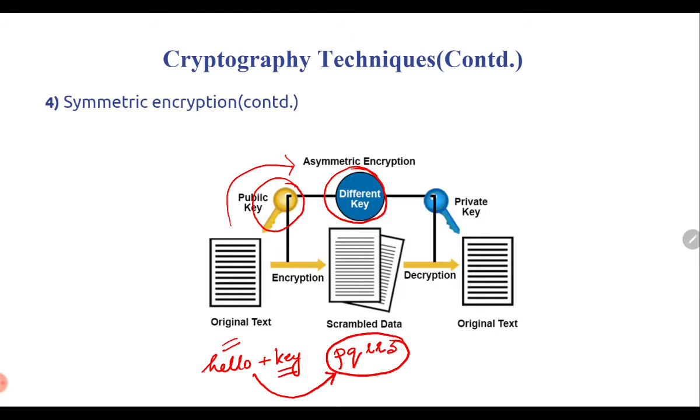So this is known as the scrambled data, and after this scrambled data is sent to the receiver, the receiver has the same key, known as the private key for the receiver. So the receiver has the same key in order to decrypt this particular message, and using this key he can see the original text. So the public key is basically shared with the receiver as his private key to decrypt it. So this is known as symmetric encryption, and we use a key in order to encrypt and decrypt the message.